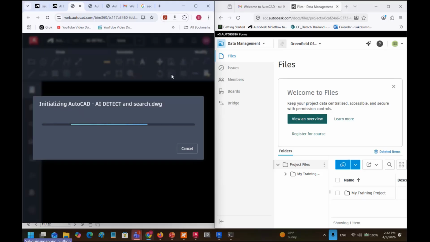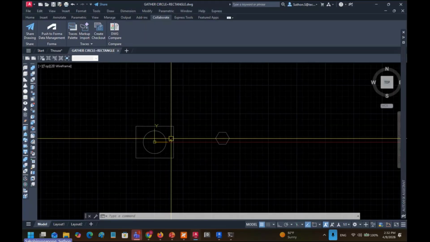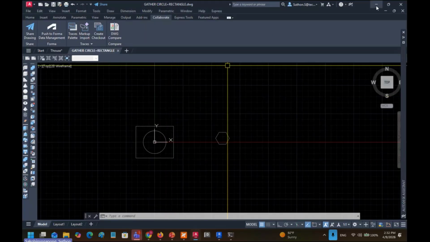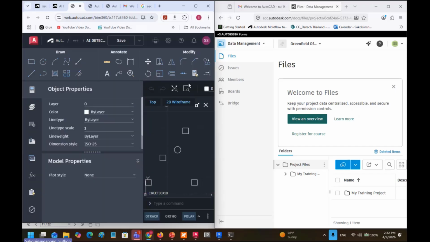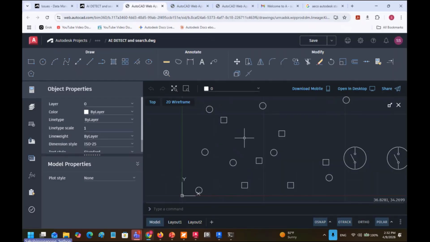But if 2D is not enough, we can go to the desktop version here to do the 3D. For example, I will show you two parts. One part is that you send to the web version first, because the top is hiding something. Okay, you can see that